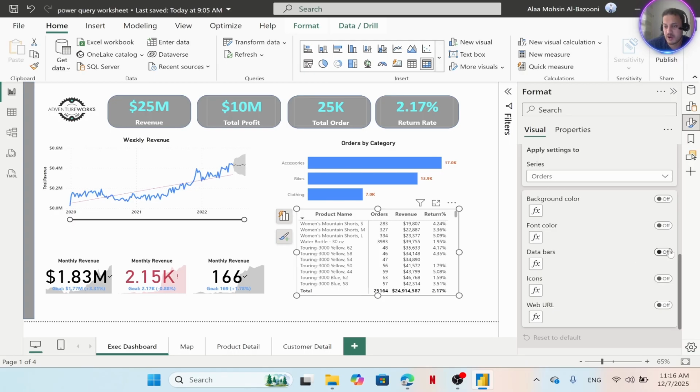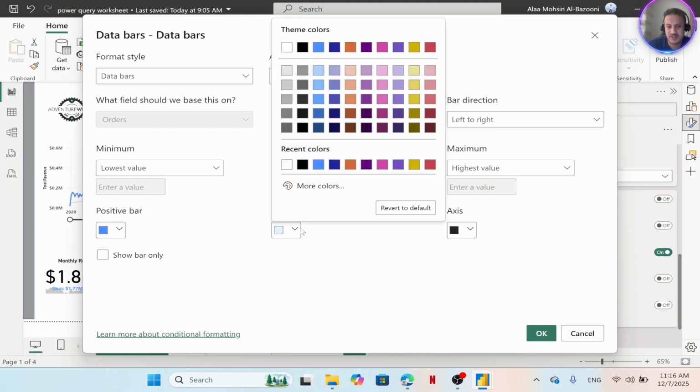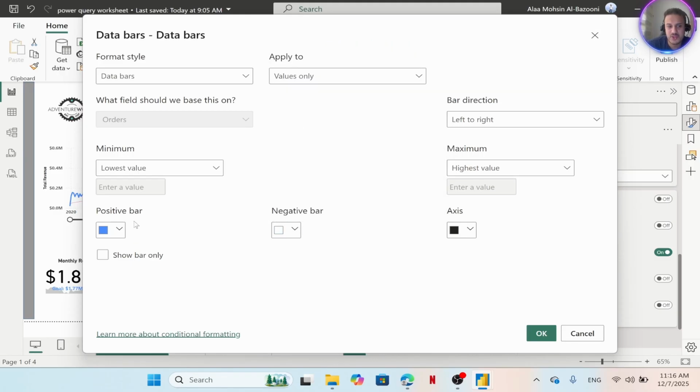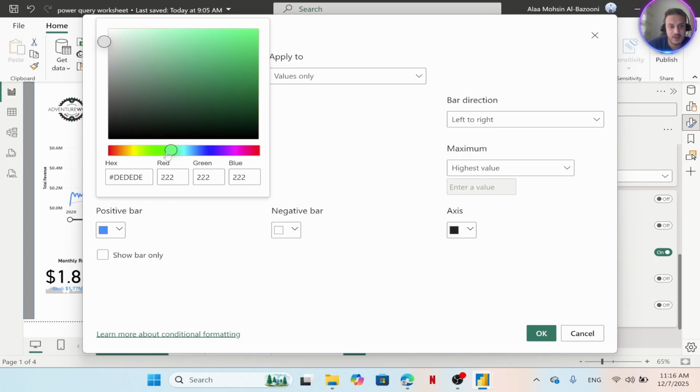Again, add data bar, highlight the data bar, go to the matrix visuals. We don't have a negative bar, so you only have positive, so you can keep it like that, or you can make it white, whatever you like. And this is the positive bar, all the values are positive. This is the format style, data bar applies to values only, or values and totals. Again, keep it only for values, have the minimum, maximum, and you can change the positive color whatever you like, and keep it